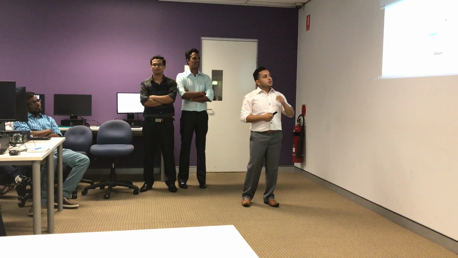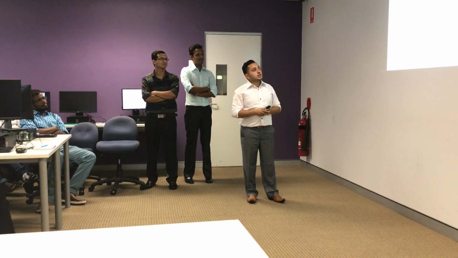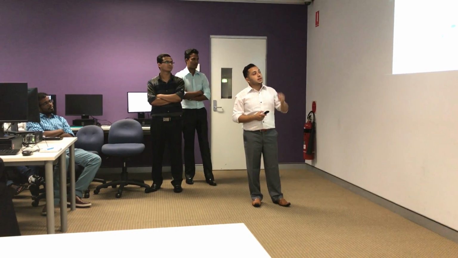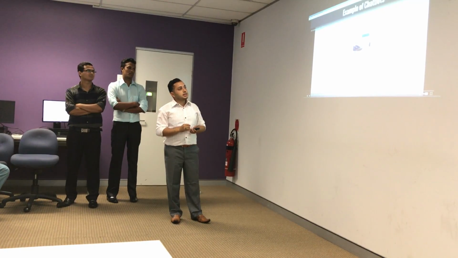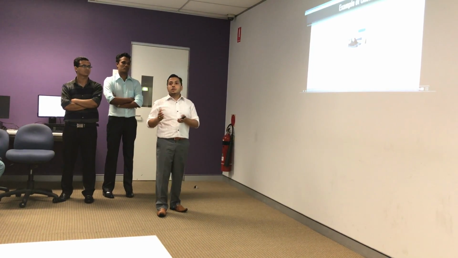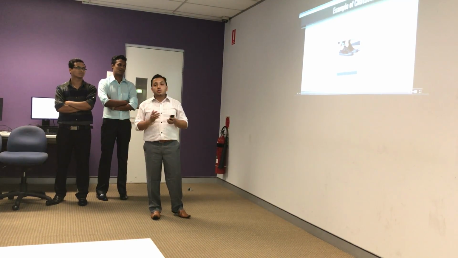So first, the user is required to input what he wants to buy. So he has clothing, shoes, accessories. He selected the shoes. Now he's provided with types, and he selected sneaker. And under the price range the user selected, some items are shown. Hence it shows the information, so the user doesn't have to go through all the pages, all the categories, and all the products to get what he wants.